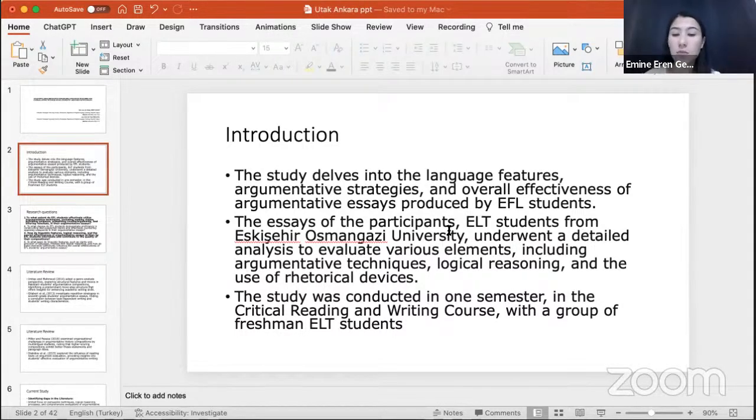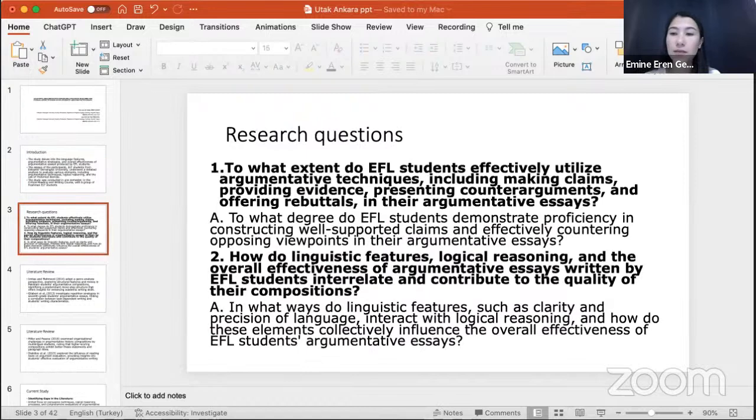The essays of the participants underwent a detailed analysis to evaluate various elements, including argumentative techniques, logical reasoning, and the use of rhetorical devices. The study was conducted in one semester in the critical reading and writing course, with a group of freshman second grade students. Our main research question is: to what extent do EFL students effectively utilize argumentative techniques, including